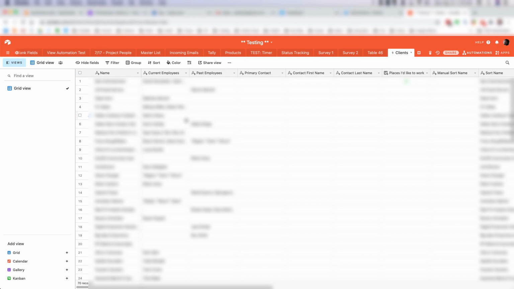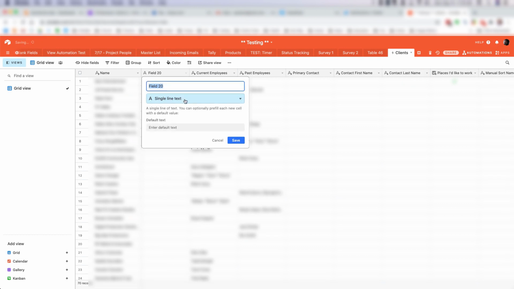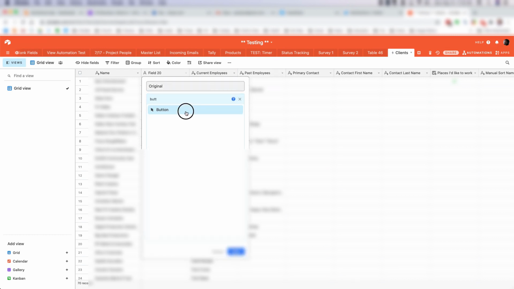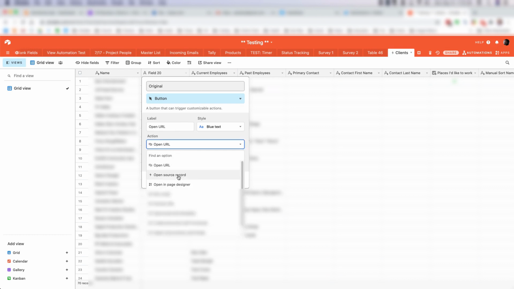So what I can do in here, I can't add any new records to it, I can't modify existing records, but I can add new fields. So for example, I can right-click in here and say, insert left. I want to throw a new field in here, make this a button field, call this original, and one of the new options in here is to open the source record, and automatically it just connects it behind the scenes.